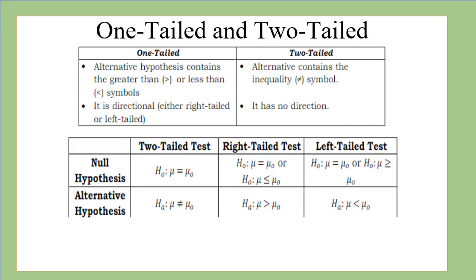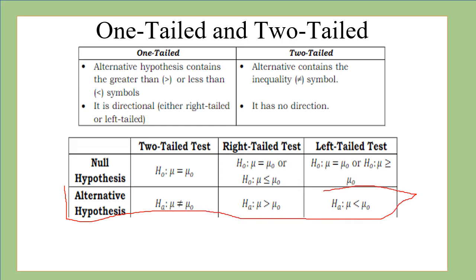Okay, now let's talk about one-tailed and two-tailed tests. Since we discussed this last time, I know you have ideas on one-tailed and two-tailed. Let's just review. When it is one-tailed, the symbol is greater than or less than. So, it's directional because it is either right-tailed or left-tailed. When it is two-tailed, the alternative hypothesis has the not equal symbol and it has no direction, because it is neither in the right nor in the left tail. So, to determine whether it is one-tailed or two-tailed, we focus on the alternative